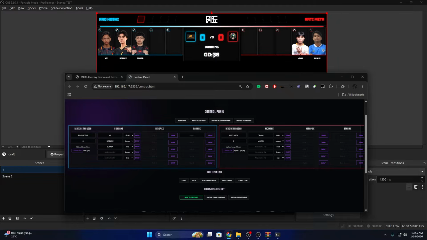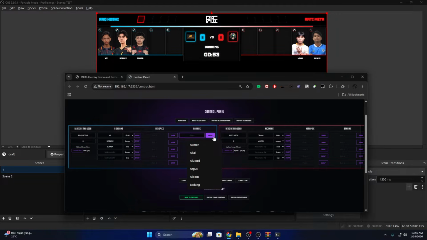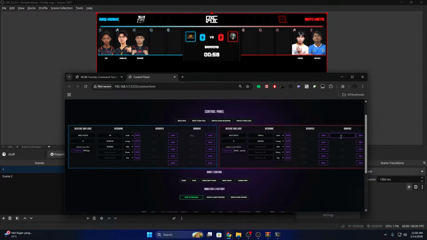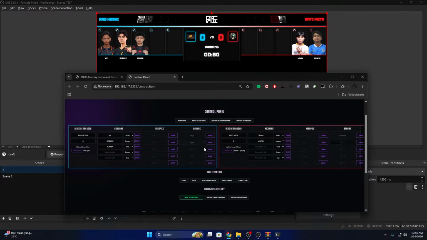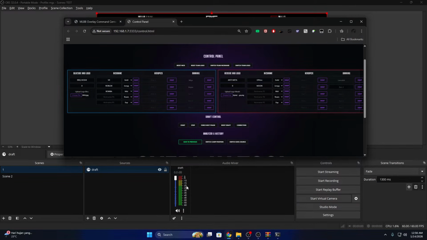As you can see now, the draft countdown is moving and the timer bar is also moving. So we are going to ban our first hero, which is the OP hero Mia. Then we ban Layla and Lancelot, and maybe we're banning Argus. If you're asking why the sound is not going through my earphone, why the sound is not going to the desktop now, it's because now the sound is going to this guy. So for example, I'm going to pick Argus, which is this one.